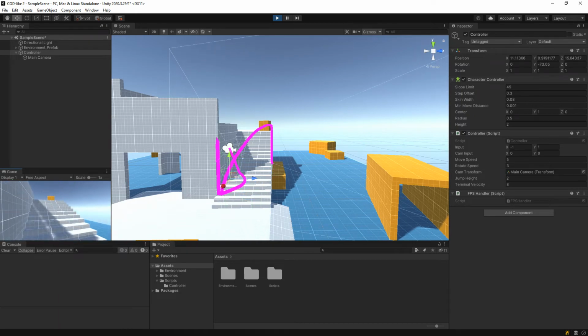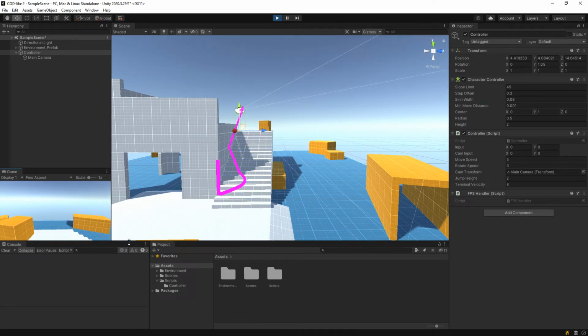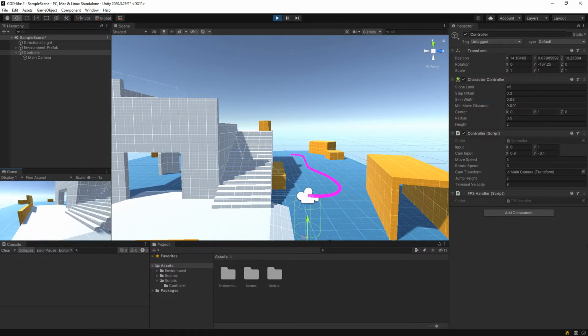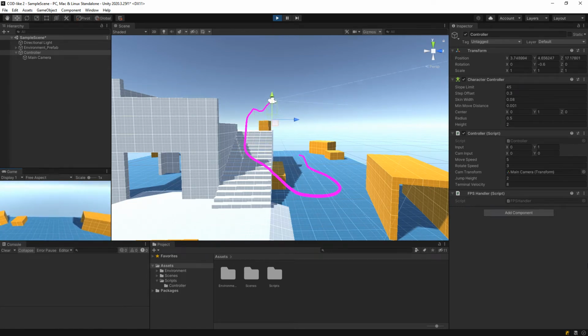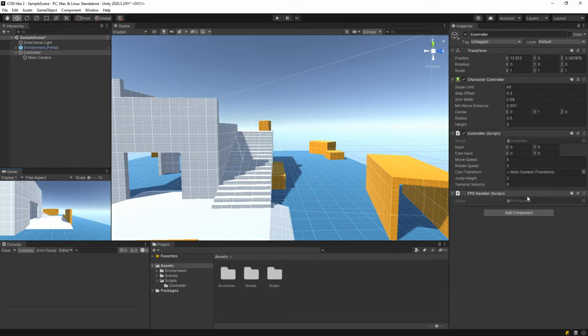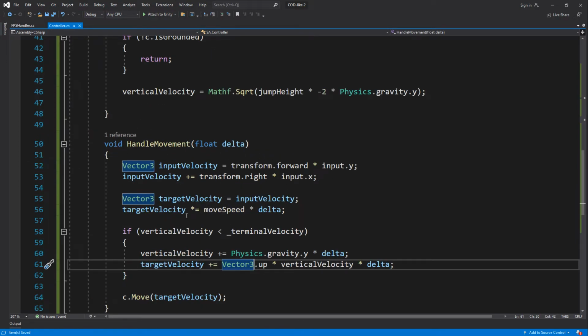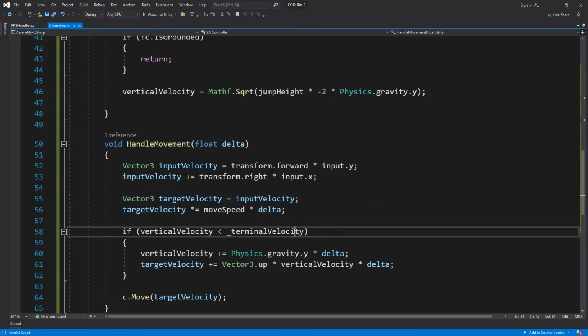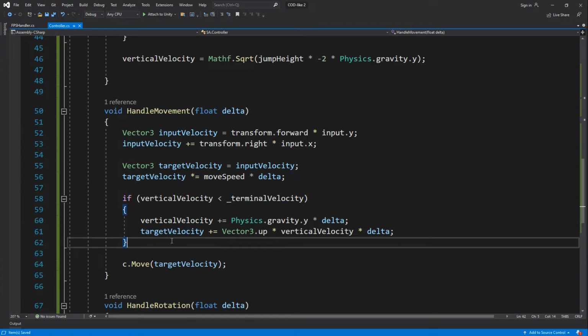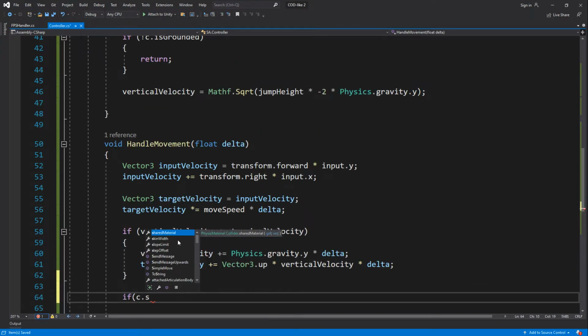So now I want to jump and fall down, and stop pressing any inputs, so we see what's actually going to happen with our velocity. Okay, some games do have this, but we want to keep momentum. Our game, we kind of want to keep moving forward. We don't want to just jump straight down. So what we need to do is, first of all, stop applying the target velocity of our input if we're not grounded. And if we are grounded, so if C.isGrounded,